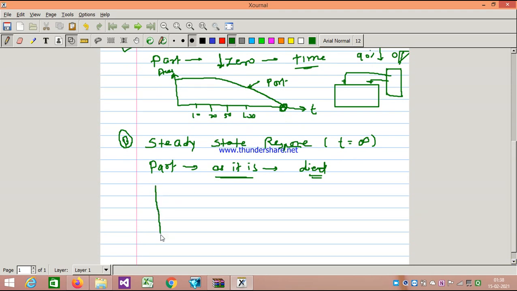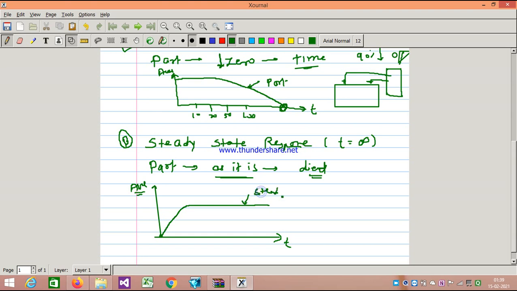Just see the definition of steady state on the graph. According to the graph, just observe: what is the steady state response? Let's take time on the x-axis and amplitude on the y-axis. We are starting from 0. See, it goes increasing, and it steadily continues for a long time. This part of the response is steady here, with no change.